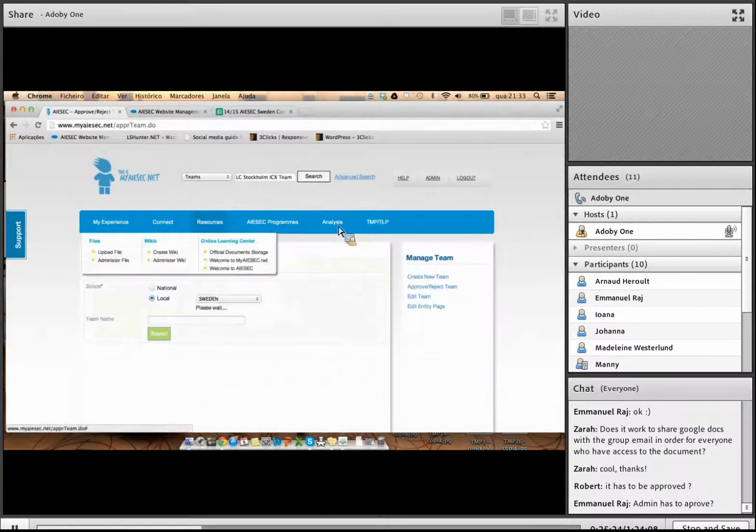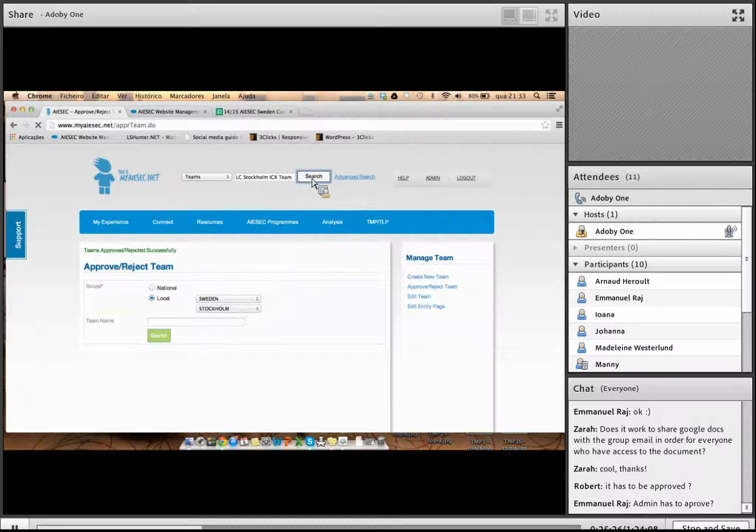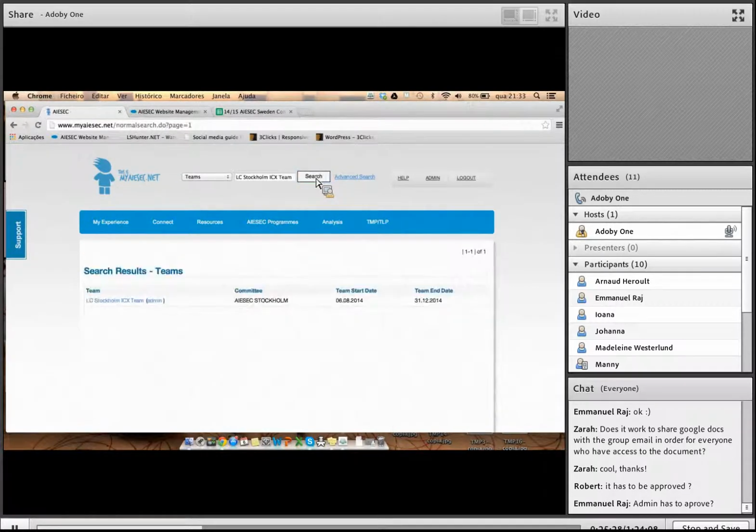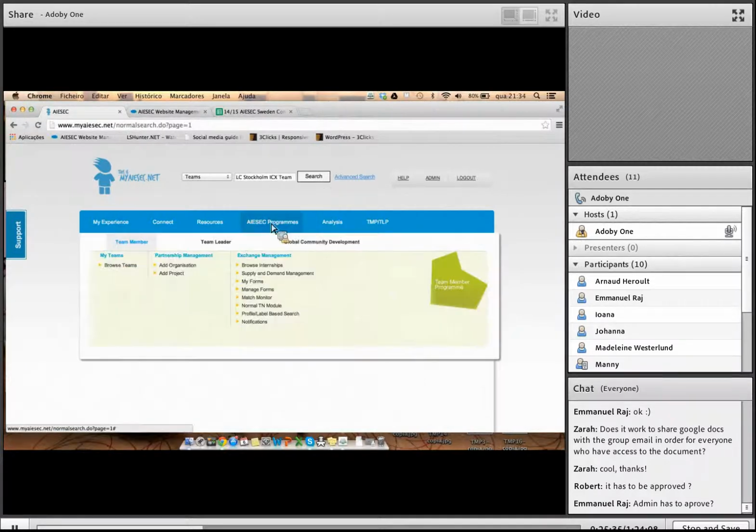Okay, so now the team has been approved. So now I'm going to search for the team again, and as you can see, it pops up immediately because the team has been approved. So that is how to be able to create teams on the system. And I hope that you guys all know how to do it now, and there are no questions because it's pretty straightforward. So now we would move into